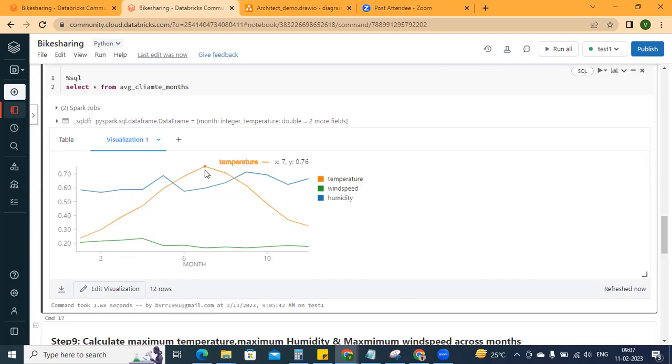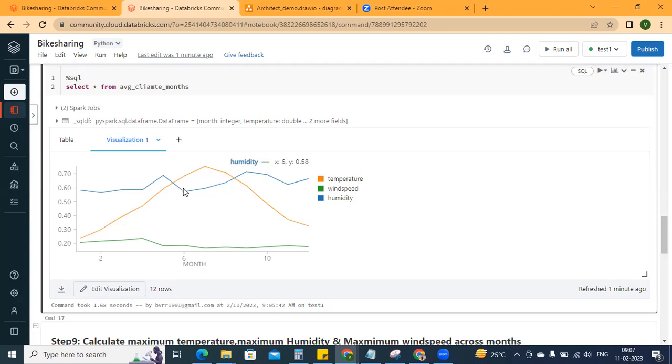And here you can see the temperatures are rising around June and July. That's where the temperatures are rising high, because that might be the season of summer, right? And when you go towards Christmas time and all that, December, the temperatures are very, very low. And in January, February also temperatures are low. Starting from March, you can see the temperature is rising high. If you want to avoid sunny days and all that, you should not take a bike in this time. And if you want low temperatures, you can take out your bike here.